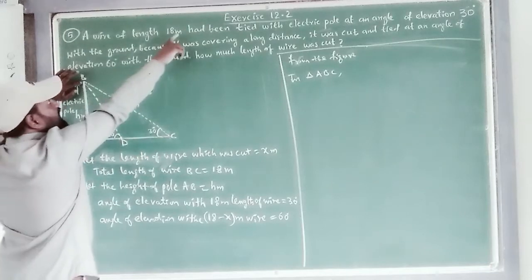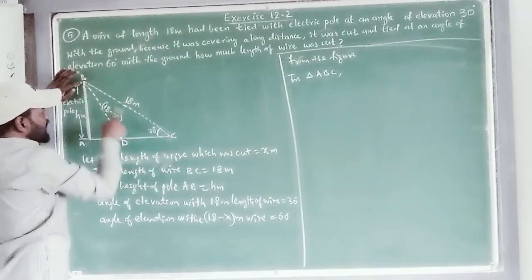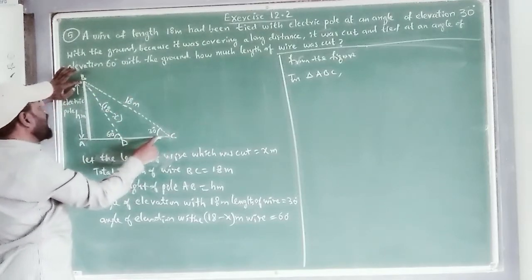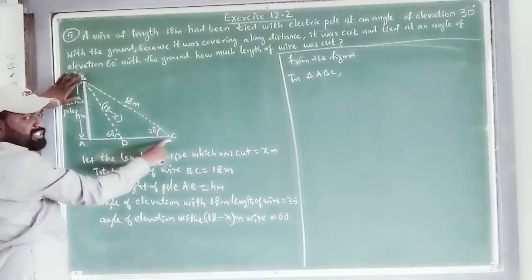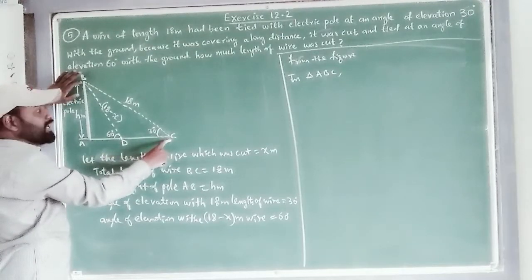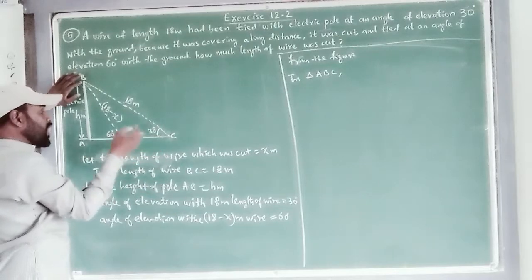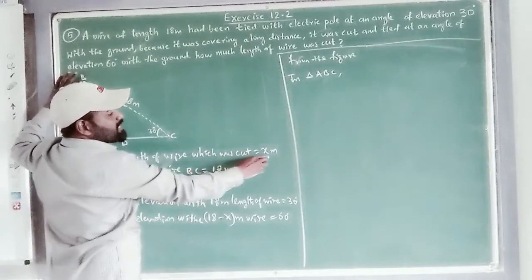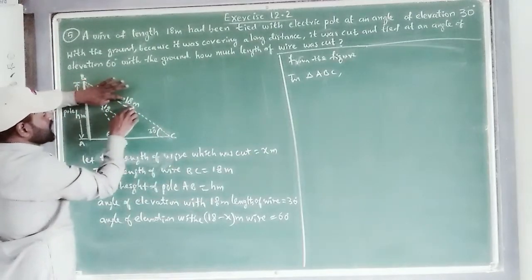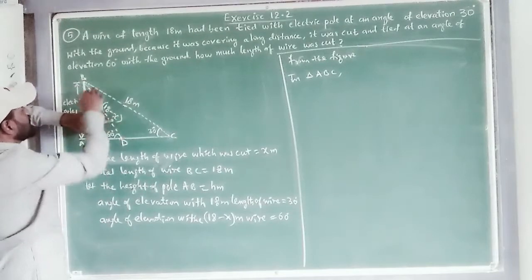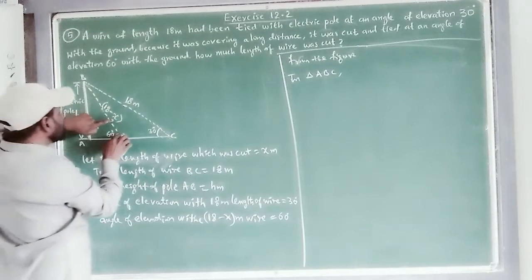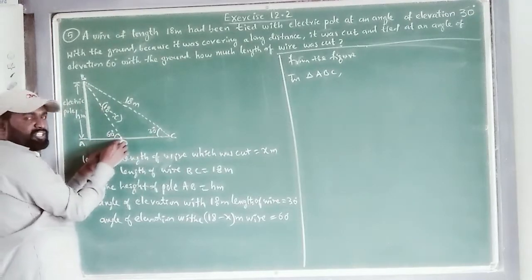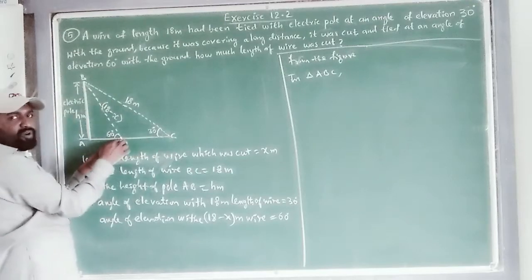The length of the wire, the first time, is 18 meters. When it is tied to the ground at the point C, it makes an angle of elevation 30 degrees. As they assumed it was covering a lot of distance, to reduce the distance they cut some part of the wire. How much part of the wire they cut, we do not know. So let us assume the part of the wire which was cut as x meters. From the total wire of 18 meters, if x meters is reduced, the length of the wire decreases, and the distance will be shortened. It now comes from the place C up to D only.